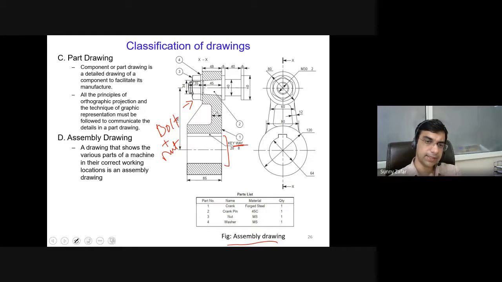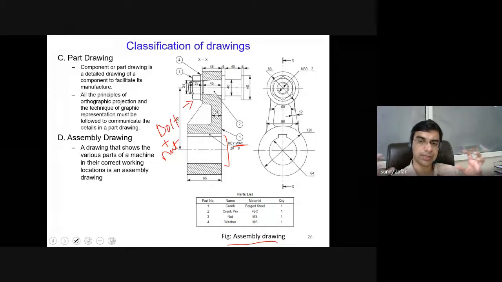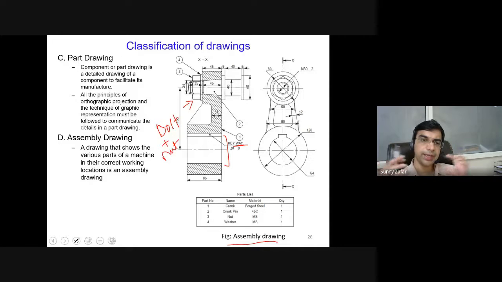We will discuss these types of details: what is a keyway, what is a bolt, what is a nut, and these details are then presented on this assembly drawing. Assembly means different parts which are produced separately, like a fastener and a shaft, and how all these parts are assembled together to enable the machine component to function properly. In the assembly drawing, we also present the sub component name, material of the sub component, and the quantity of the sub component in the part list, which we also call the bill of material.